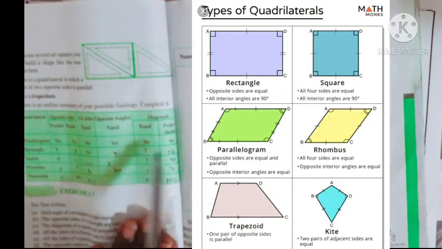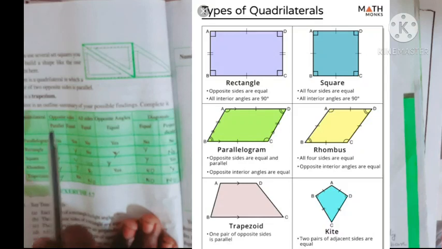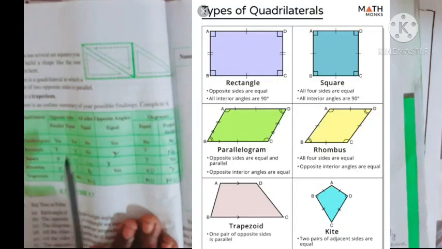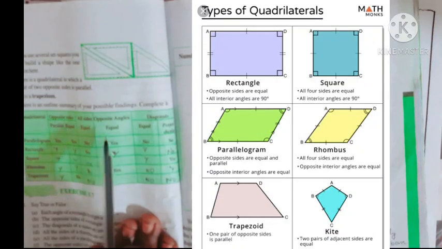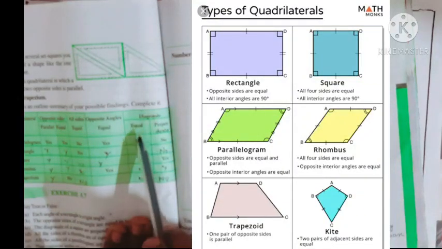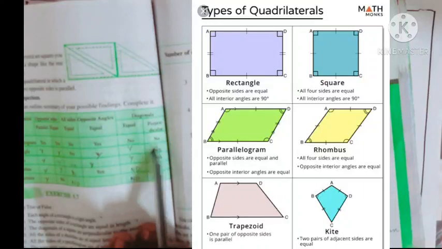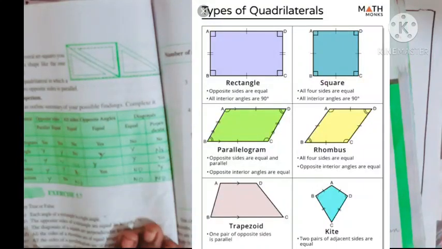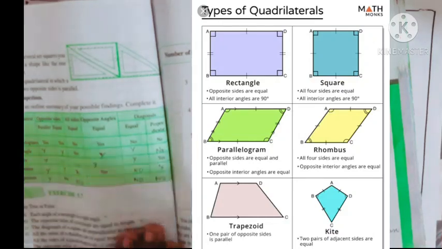Okay. So, one is given. An example is given for you for parallelogram. Now, you can understand what is a parallelogram, right? Fine. So, in a parallelogram, opposite sides are equal, isn't it? Yes. Then, both are yes. Next, all sides are equal. In a parallelogram all sides are equal? No, isn't it? Opposite angles are equal? Yes. Next. Diagonals are equal? No. Fine. Like that they have filled the column. Now you have to draw the picture and find whether it is yes or no. These answers will be given in the Zoom interaction.